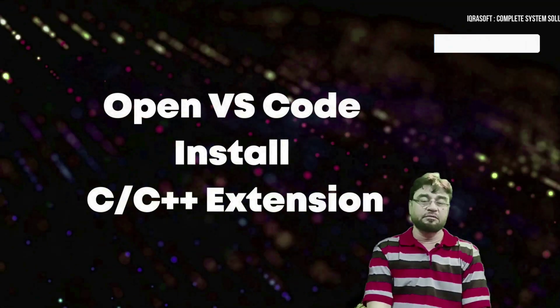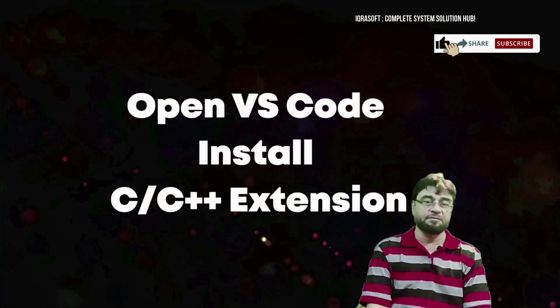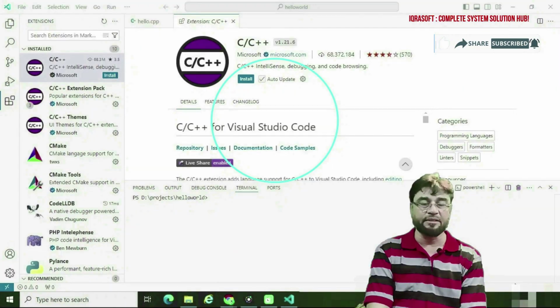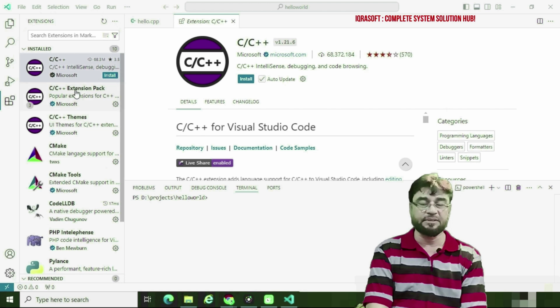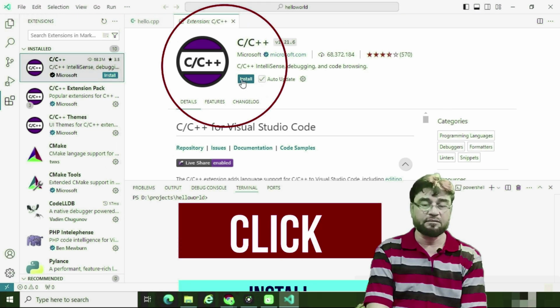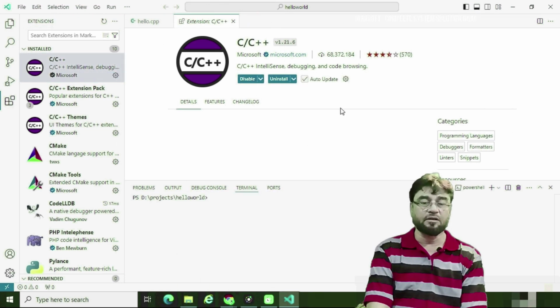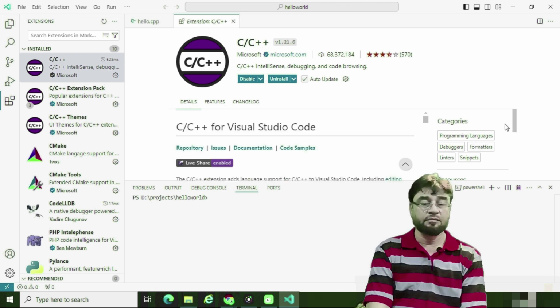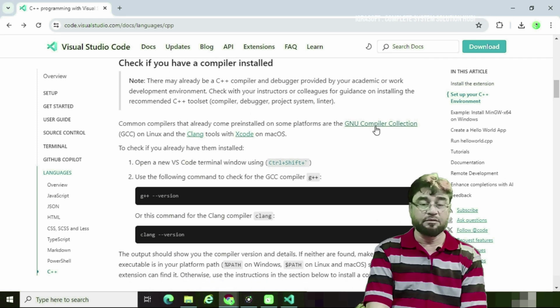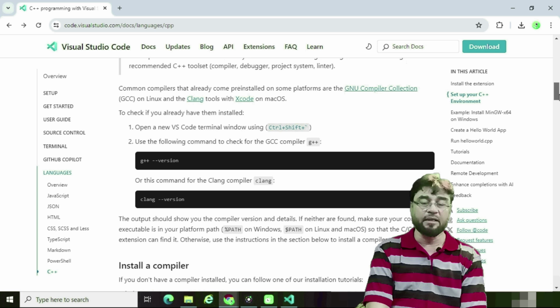Open VS Code, install the C++ extension. So we open VS Code right now, search for the C++ extension, and click on the install button. It installed the C++ extension. Now follow the guideline to install the GNU compiler collection, Clang, Xcode, and